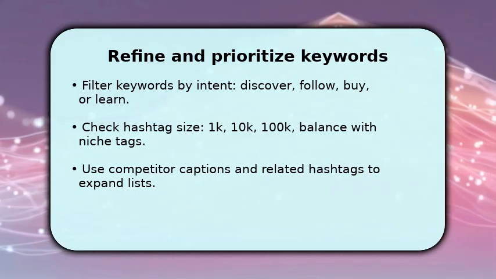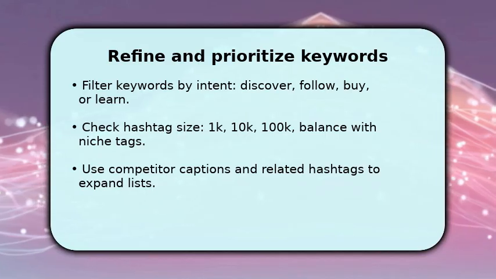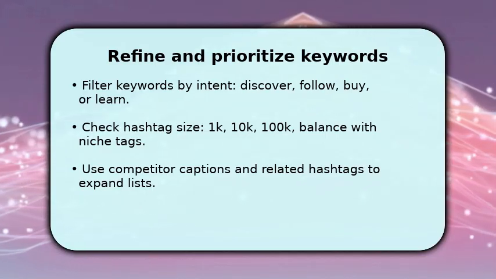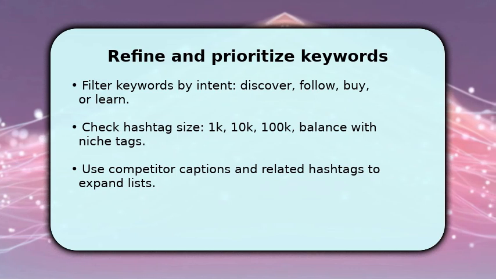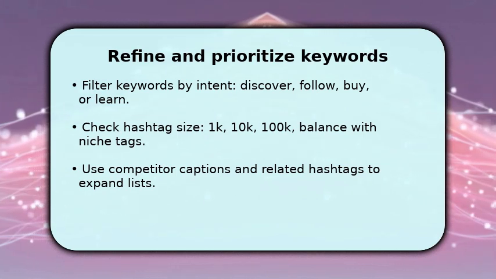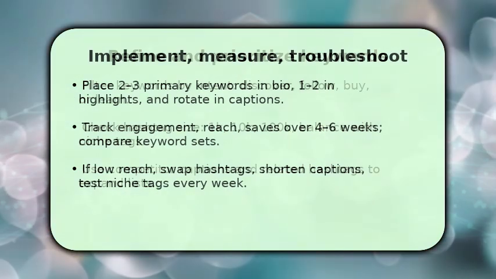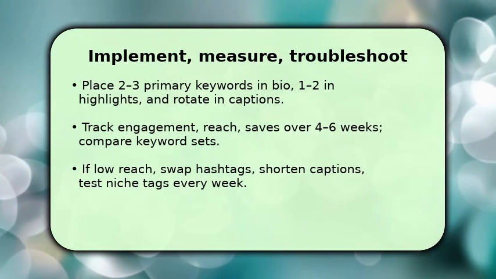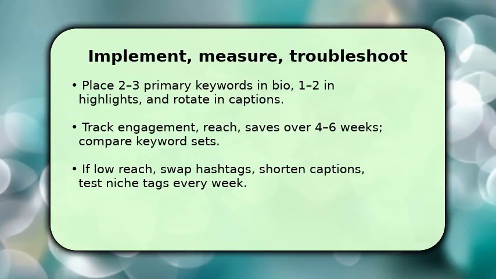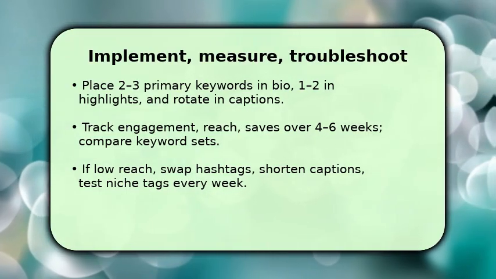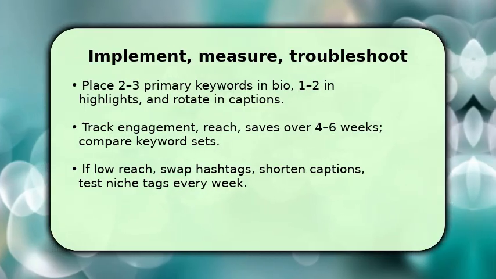Once labeled and sized, prioritize 10 primary keywords and 10 secondary phrases to use across bio, captions, and alt text for consistent signals. Finally, implement the prioritized keywords. Put 2 to 3 primaries in your bio, include 1 or 2 in highlight titles, and rotate keywords across captions